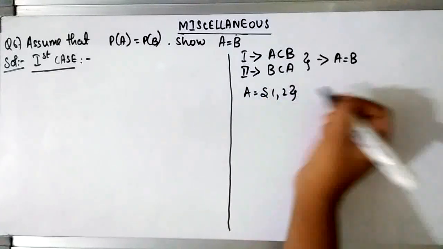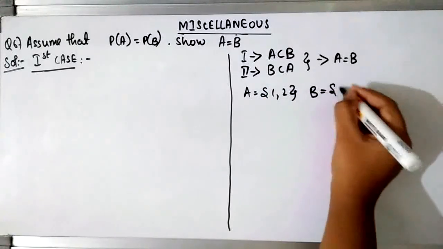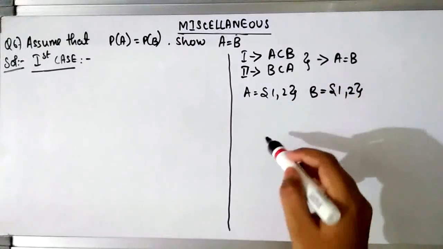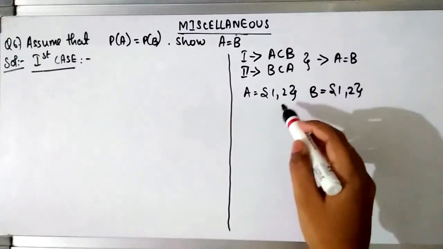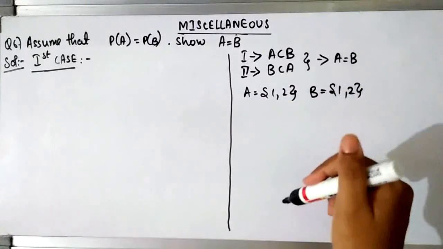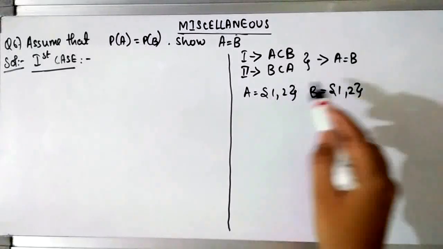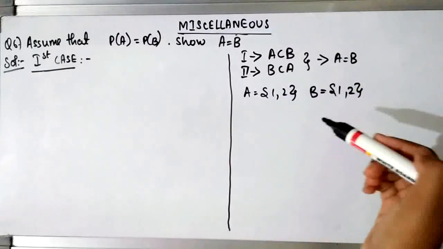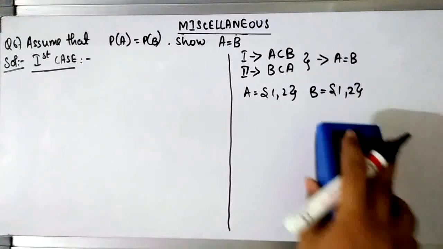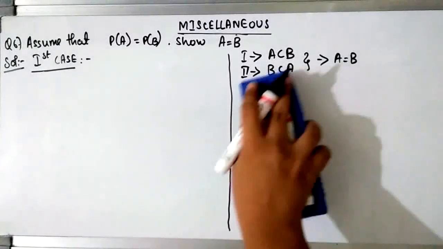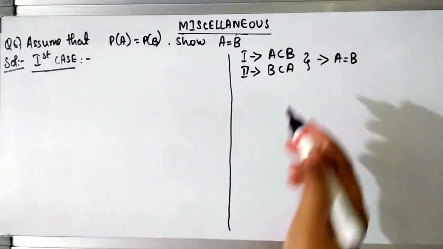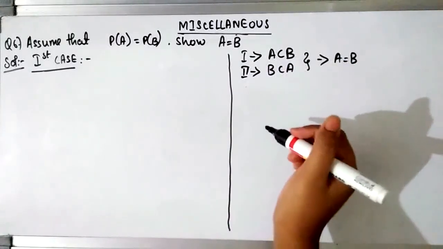Suppose A consists of elements 1 and 2 and then B consists of elements 1 and 2. So over here A is a subset of B, you can call A as a subset of B because A can be called as a part of B. Then you can even call B to be a subset of A. Right, so in this situation A is a subset of B and B is also a subset of A. So A is equal to B, right? So here also we will take our two conditions, prove those two conditions, and then we will get our final answer. So let's take our first case.